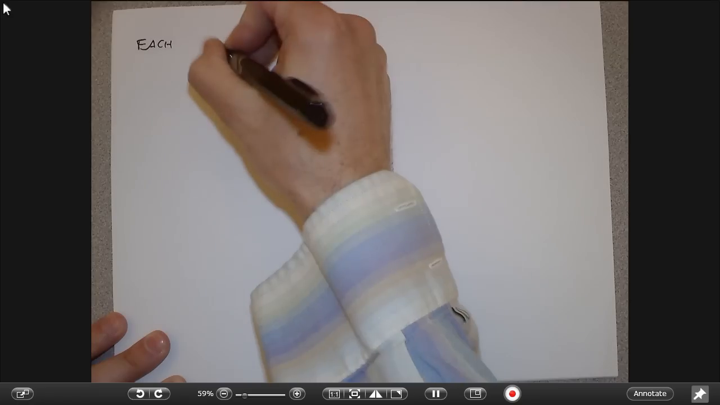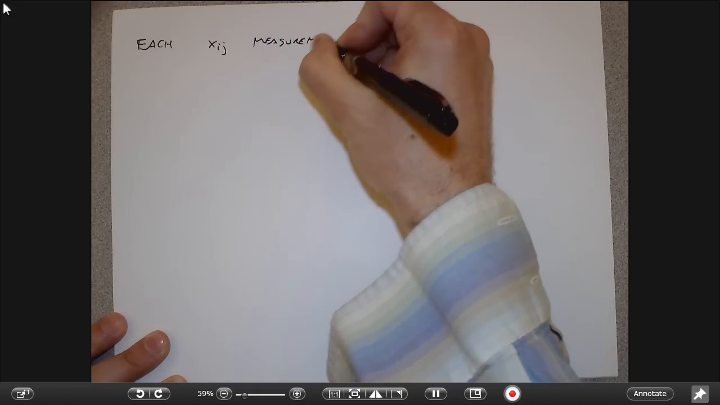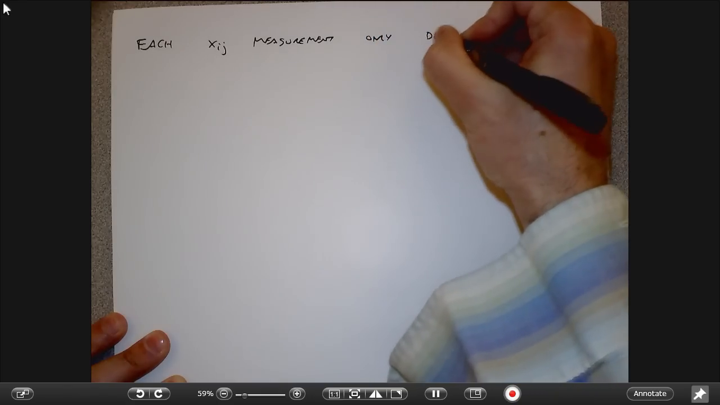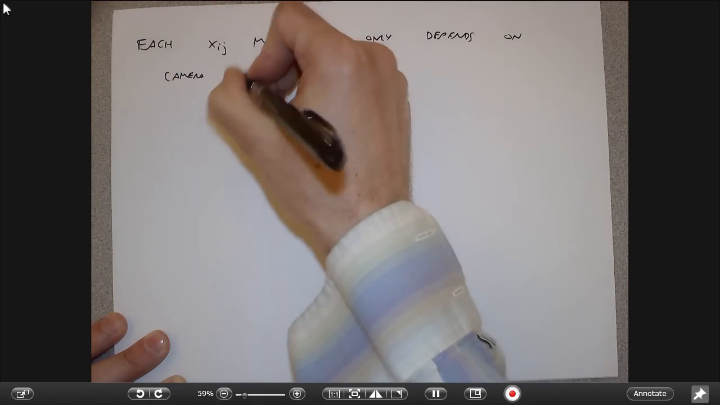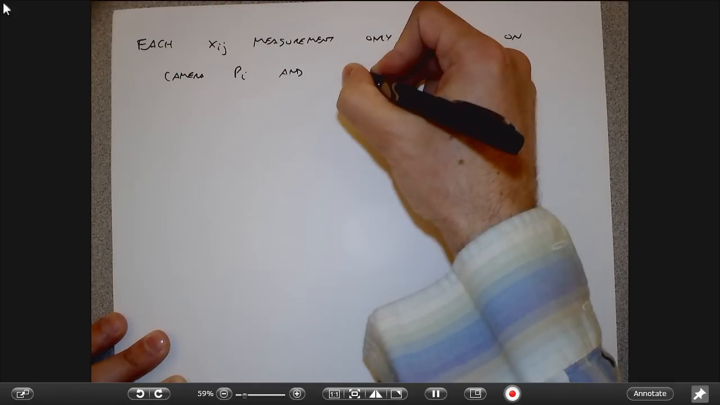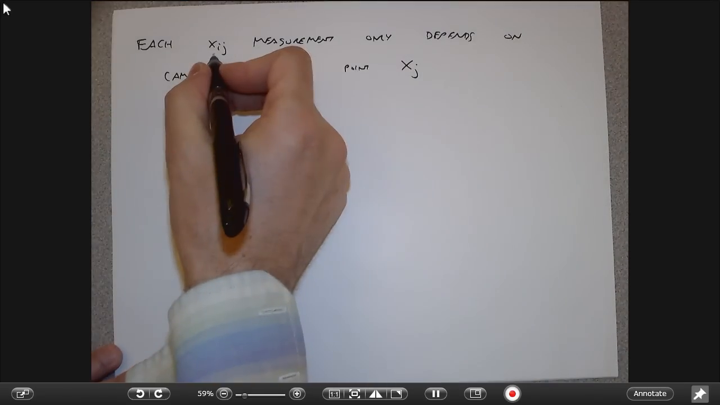each x_ij, each measurement, only depends on camera P_i and point capital X_j, right? Worst case scenario, it's possible that every measurement that I have could depend on all the parameters I'm trying to optimize over. In a generic optimization problem, that might be true. In this case, the idea is that everything that I see only affects a few parameters of my optimization,